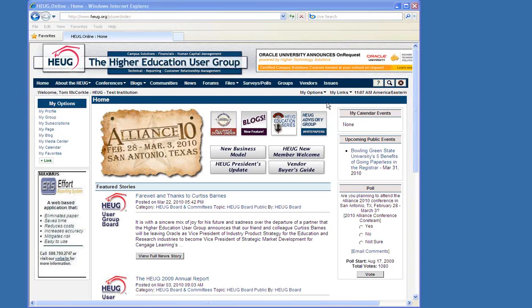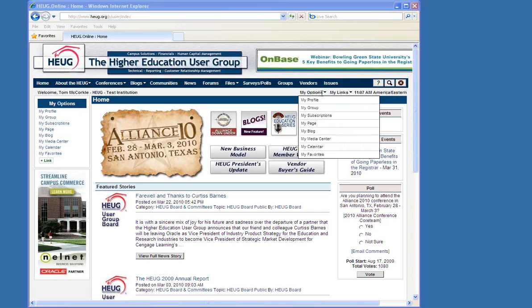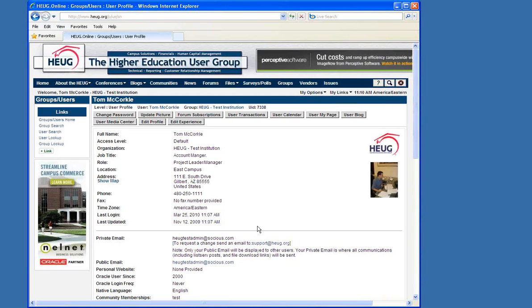The big thing that I want to mention on the user bar here is the My Options. The My Options is really important because it's going to show you all pages that are related to you as a member. So for instance, the first one here that I want to talk about is your personal profile. If you go ahead and click on My Profile, it's going to take you to your actual profile on the site. It's going to show you all of the information about you as a user,